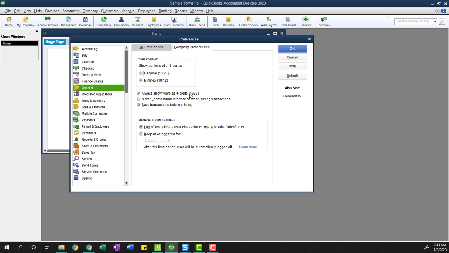I do like to have the 4-digit dates. Have this one unchecked: Never update name information when saving transactions. Let me give you an example. Let's say that you get a bill from Joe's Lawn Care, and they have a new mailing address that you need to send their check to. As you're writing the check, you can change the address on the check. And then when you save that transaction, it will update the vendor profile so that next time we're sending it